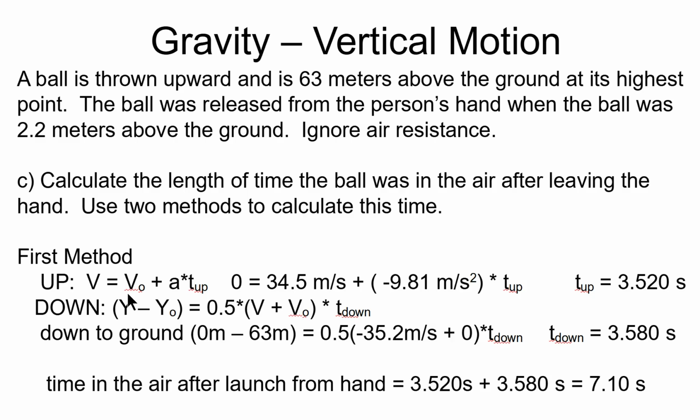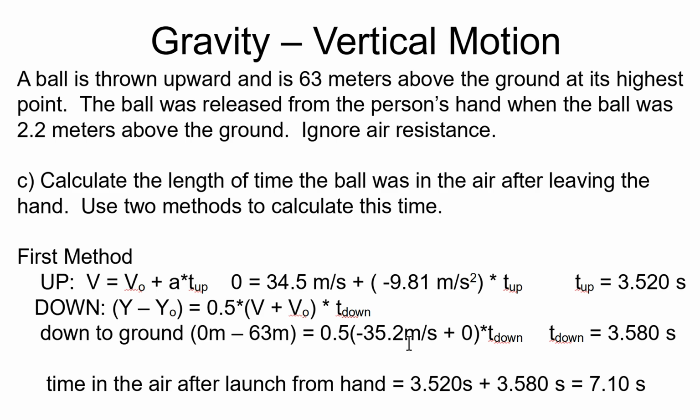Coming down, what is the final position of the ball when it hits the ground? It's 0. What's the initial position in this part of the motion where we're moving downward? We're starting at the top. That's 63 meters. That's a positive number. There's a negative in the equation. And then 0.5